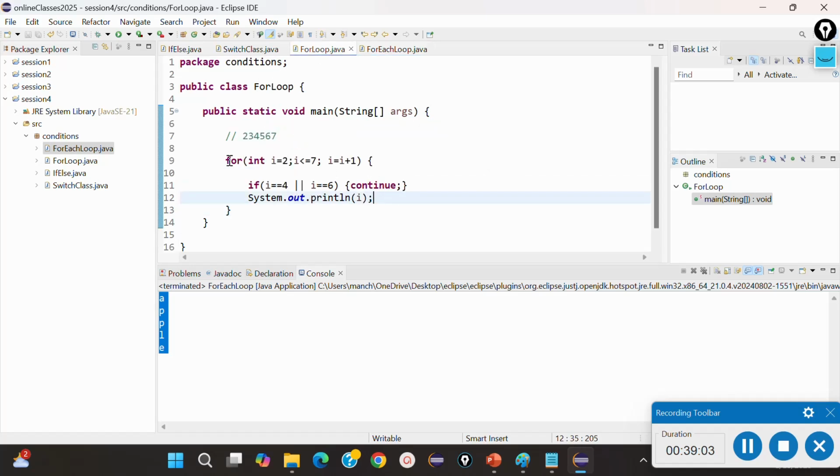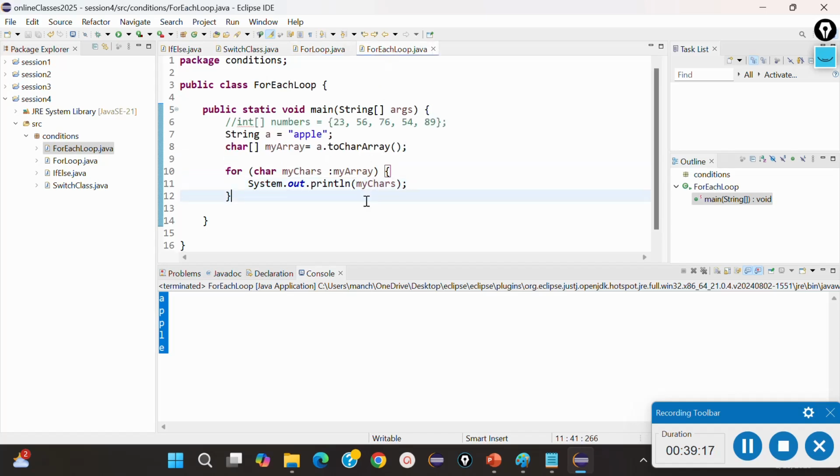In for loop, we can apply the conditions. We can apply multiple conditions, this kind of continue, and we can apply here also. Like here, if I want to skip something, I can say if my chars